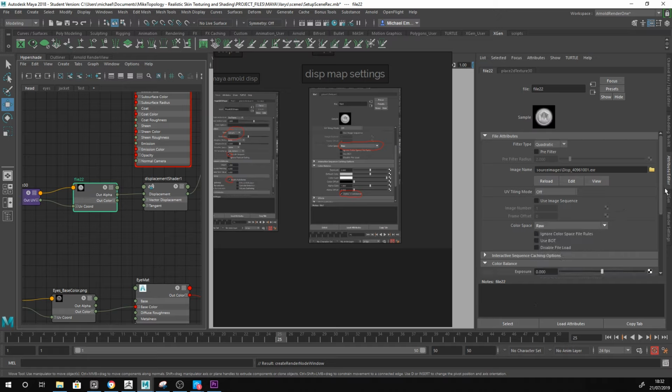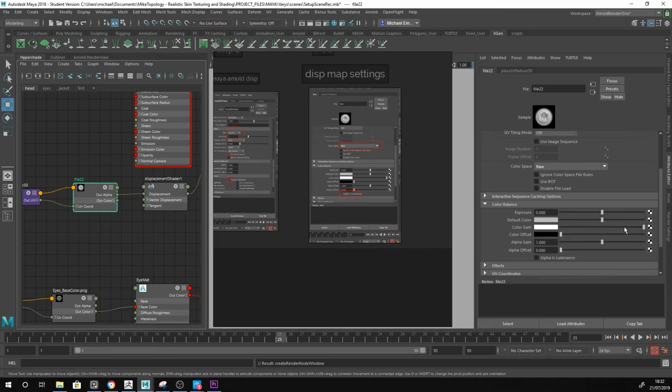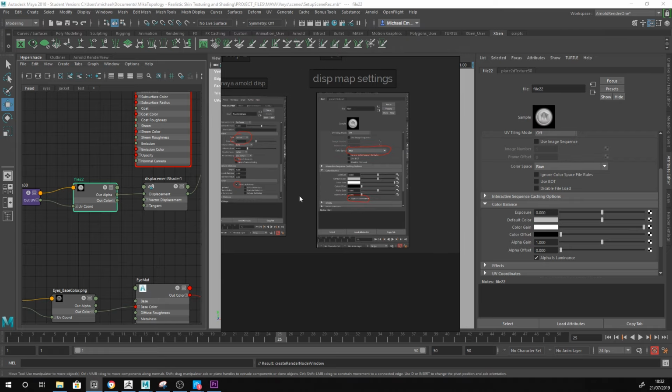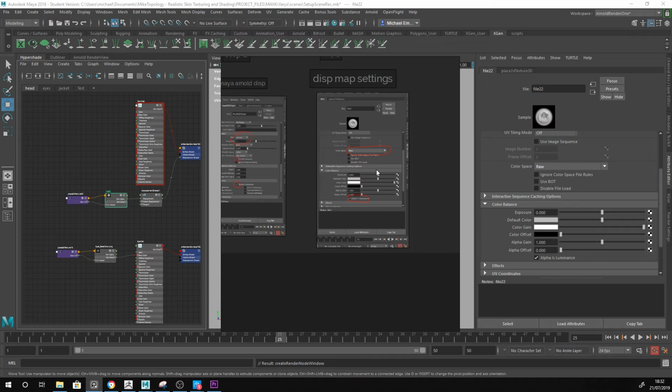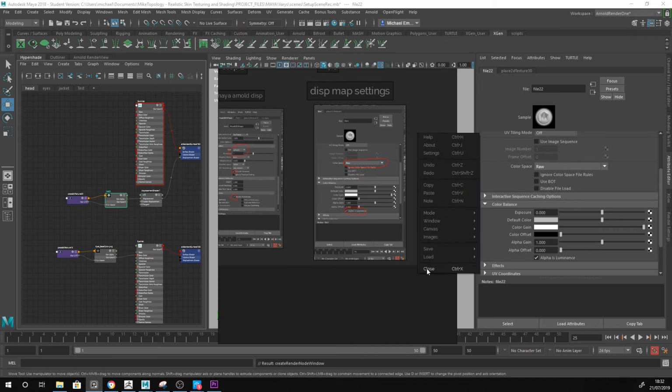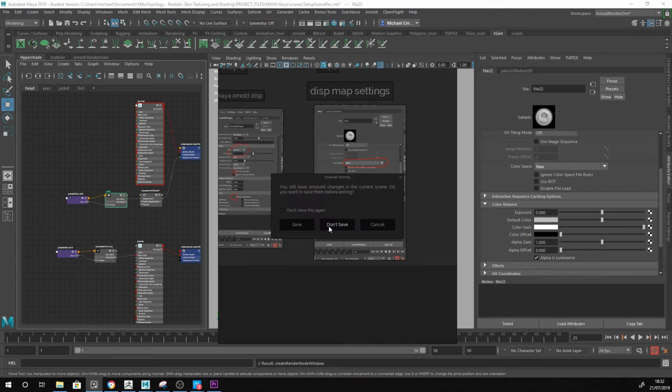Then color balance. This always throws a lot of people off when you don't click alpha as luminance. Whenever I don't check this, my displacement always ends up looking bloated. So I always check this. So that should be it done. So let me just close this because we don't need this anymore. Well, feel free because I'm going to save it until